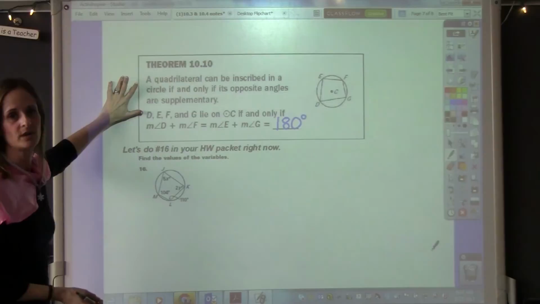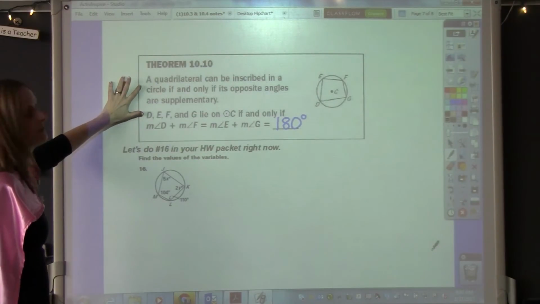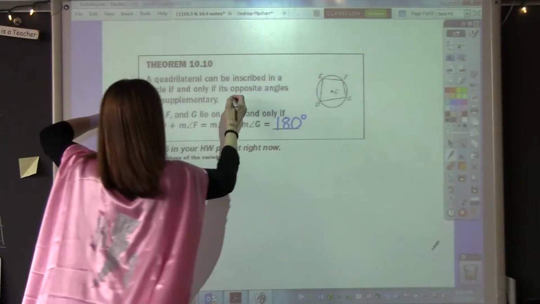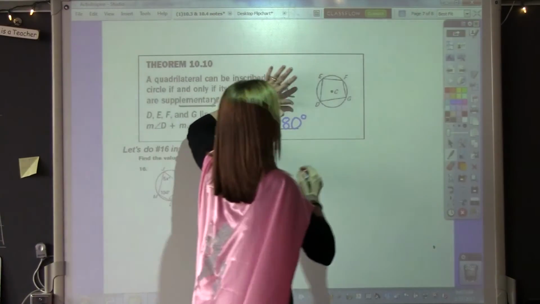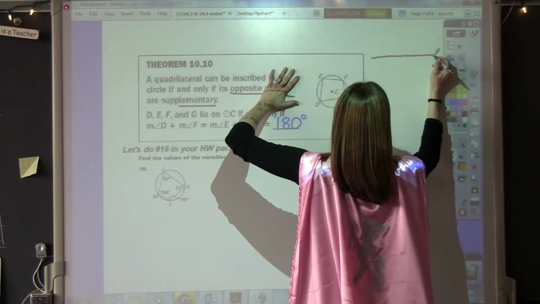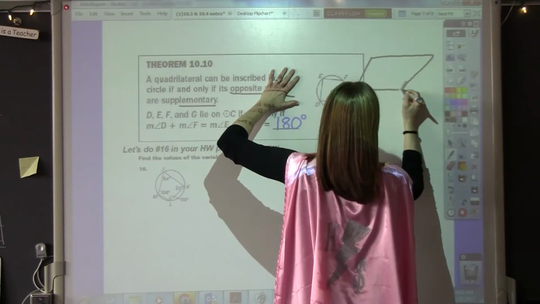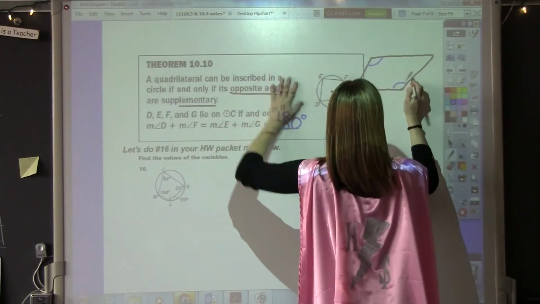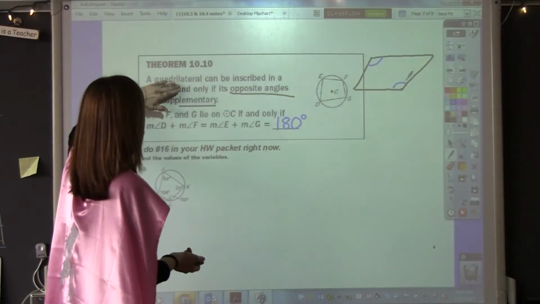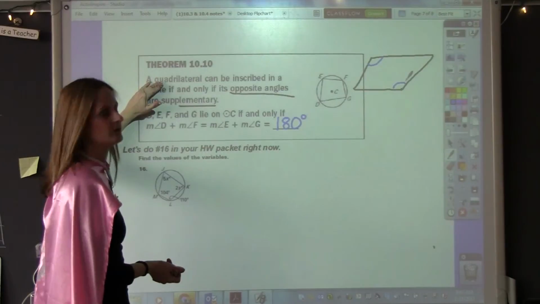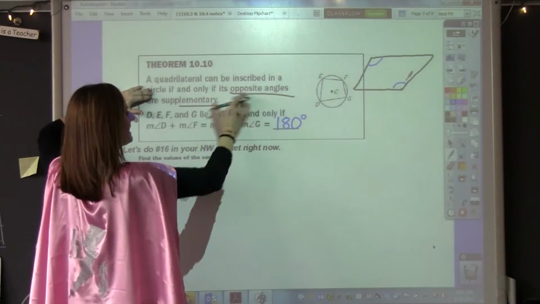A quadrilateral can be inscribed in a circle if and only if its opposite angles are supplementary. Opposite angles, okay? Don't get confused with a regular parallelogram, which we learned about last chapter, that has opposite angles congruent. This is an inscribed quadrilateral inside a circle where its opposite angles are going to be